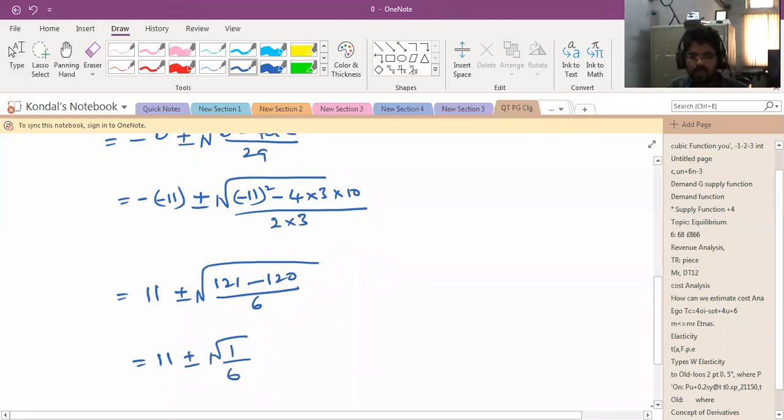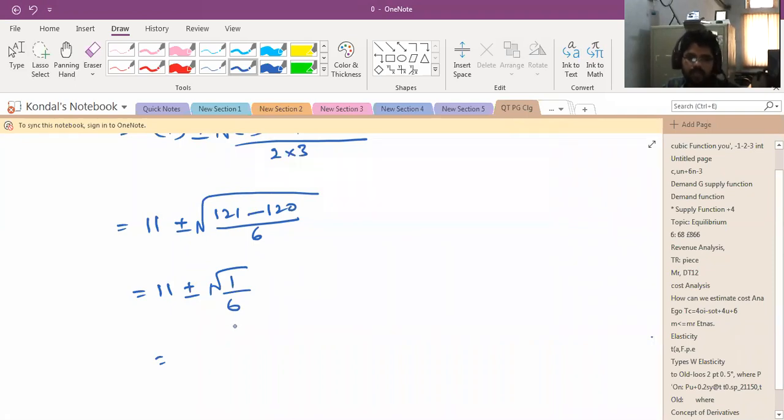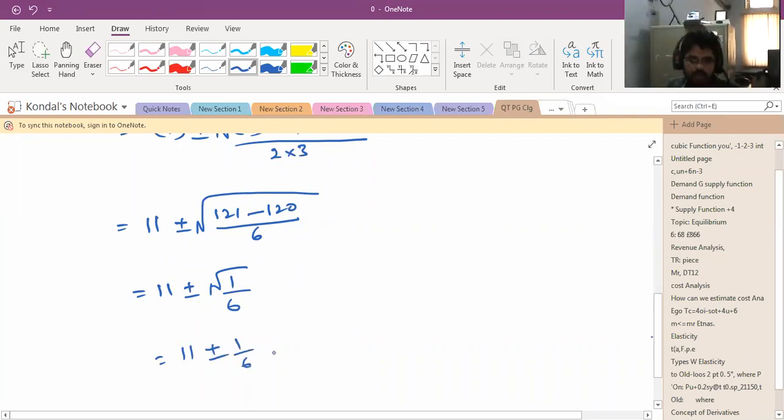So for example, when we have this under root value 1 by 6, we can consider only 1. So 11 plus or minus 1 by 6, simple. So therefore we can take